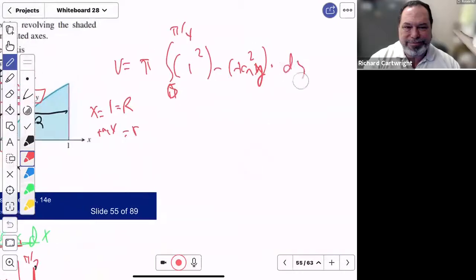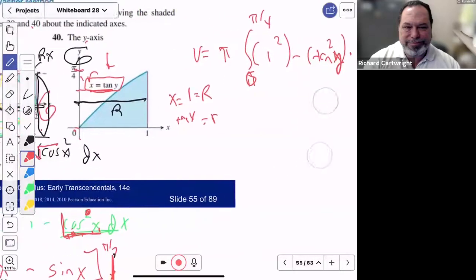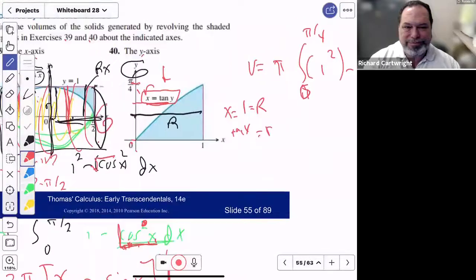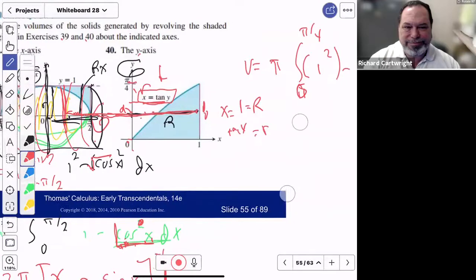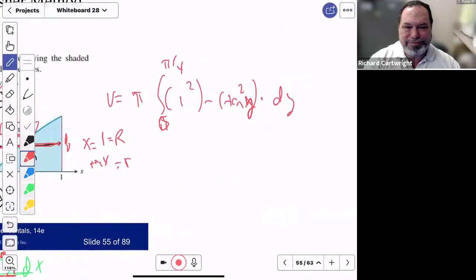And it's a dy because each of these discs has a dy for a width. So if I take that one out, the solid is a dy, the air is a dy. All right, it is pi times the integral of 1 squared, which is 1, so it gives me just a y